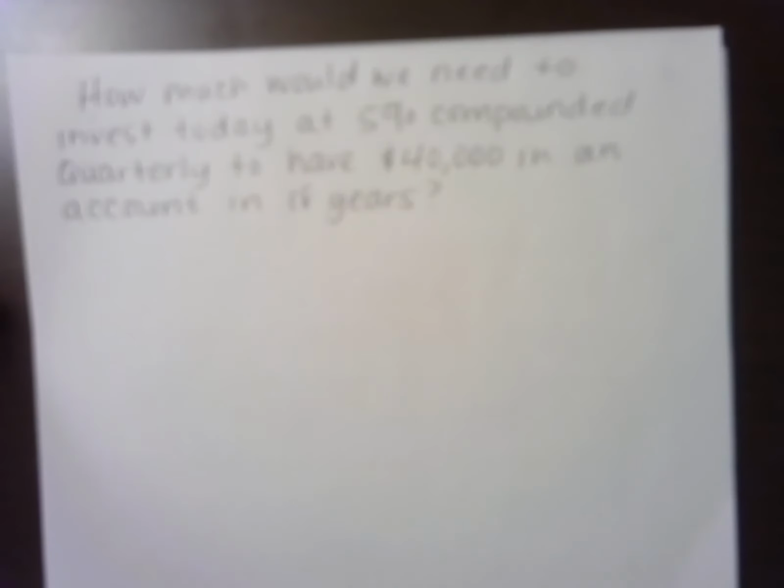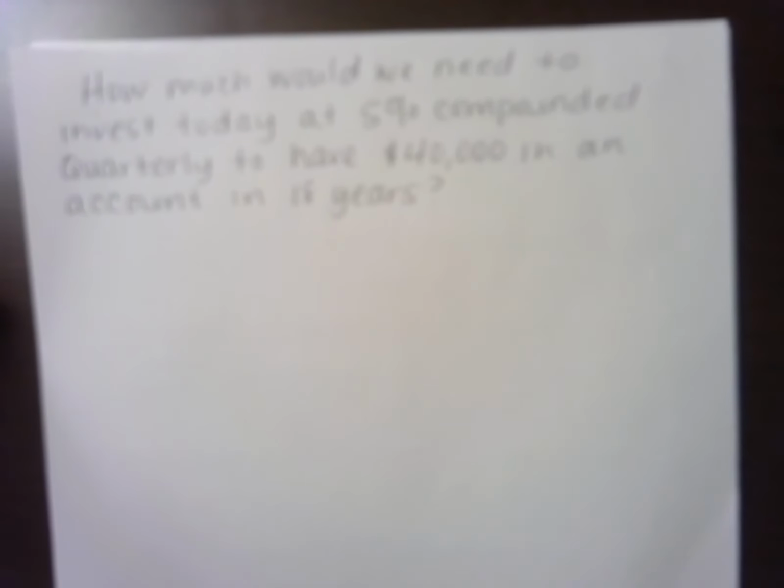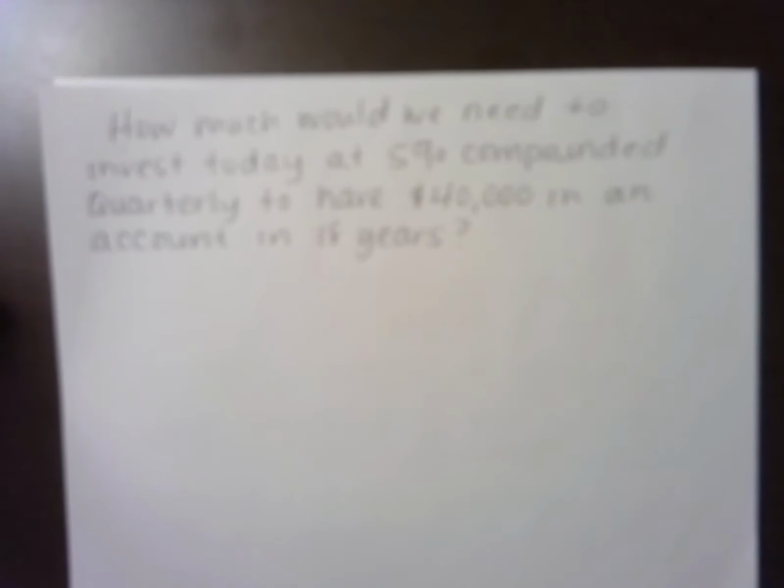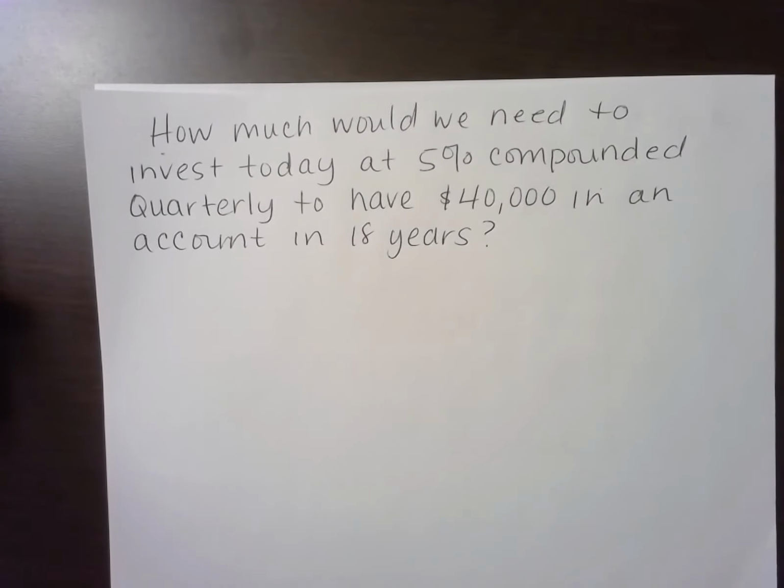All right. So the next question I have then is, let's say your parents want to invest for your future. And we're going to put that money in a 529 plan. That's basically a plan that invests money for college, and it's interest free. Okay, and so we want to know how much we would need to put in an account today. Let's say you're just an infant right now, and your parents want to save $40,000 by the time you turn 18, so that you're ready to go to college. So at least you have some money to start off. I know $40,000 doesn't go as far as it used to, but we're going to try this out. Okay, so what would we need to invest today at 5% compounded quarterly to have $40,000 in an account 18